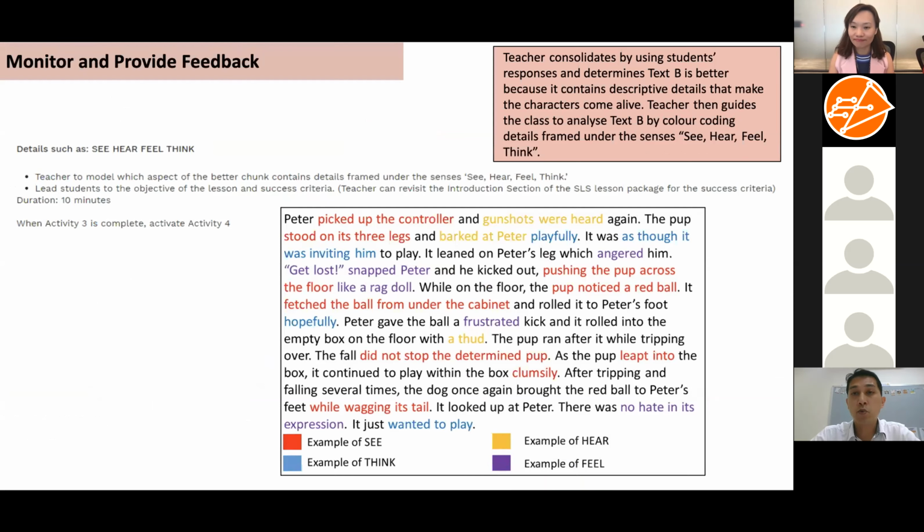We ask them certain questions after we showed them the chunk. Some such questions include things like, are there any sentences that you particularly like, and why do you say so? Then we will open the floor to bounce the question past each student. So maybe we can have a student build on another student's answer, or we could just ask another student to answer